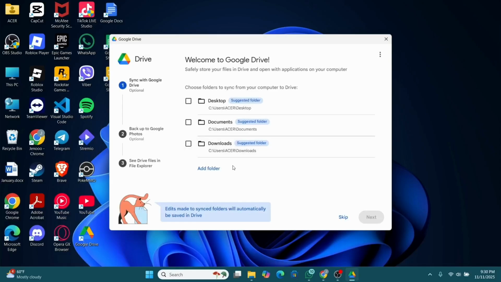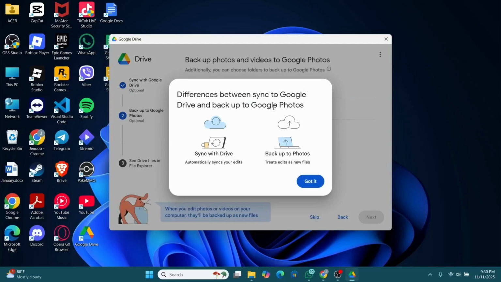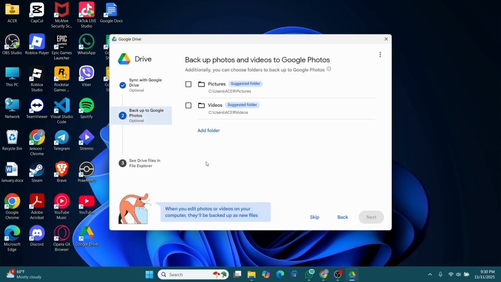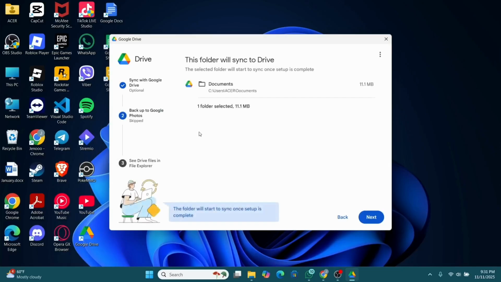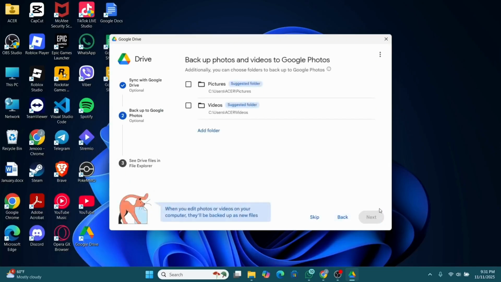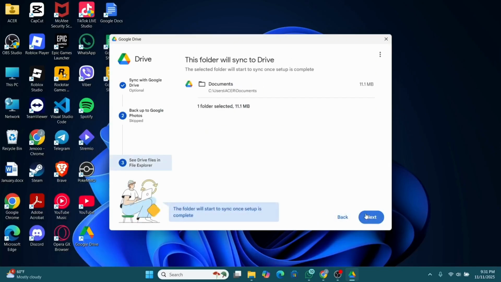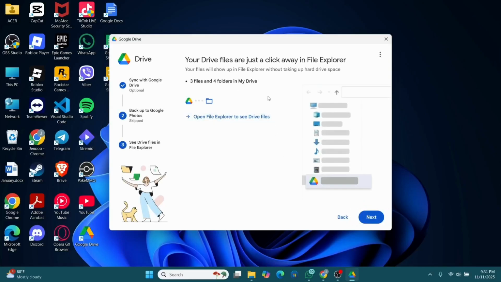Now what you need to do is, if you want to sync your files, all you gotta do is select the folder that you would like to sync. For example, if I would like to sync my documents folder, I'm just gonna select it, or you can select all as well. Even add a folder and click on next. After that is done, click on got it, and once that is done, you can just go over and sync it. I'm just gonna skip it for now and click on next. After that is done, click on next once again,